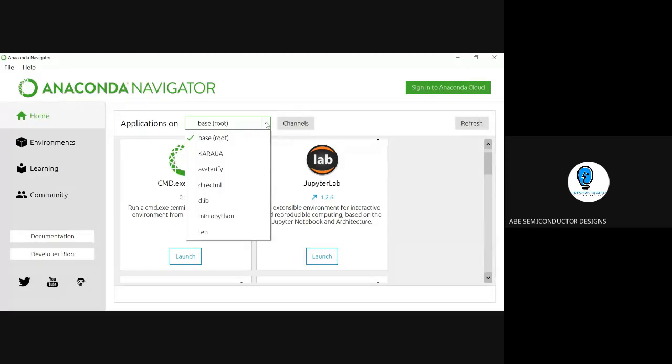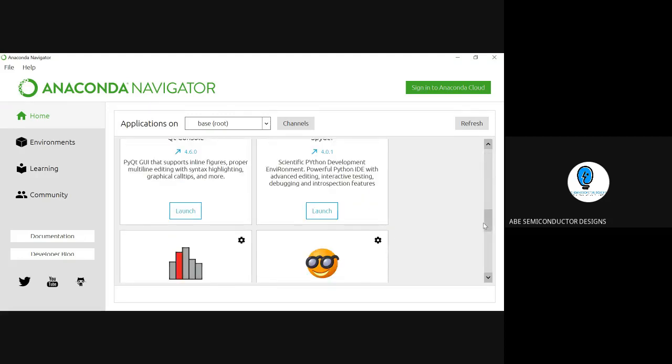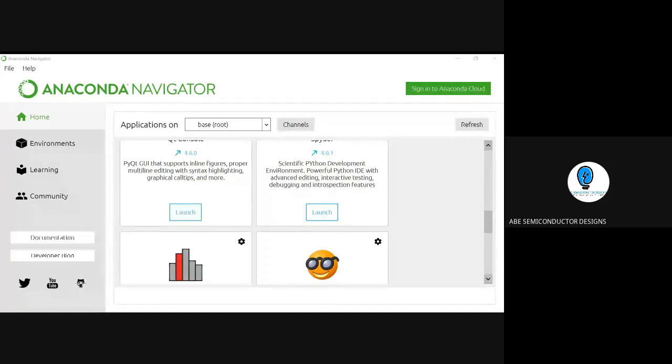So that makes the difference of creating an environment for converting any MicroPython based programming on the hardware. So you can convert into MicroPython based hardware. You can convert into machine learning or deep learning. Anything you want to do, you can do it. So this is the logic. From this, you have to launch the Spyder IDE. This is Spyder IDE. You can launch it. Once it launches, this will be the screen.